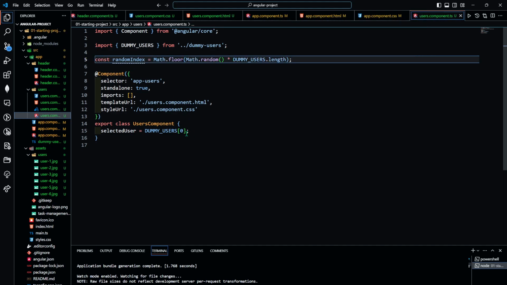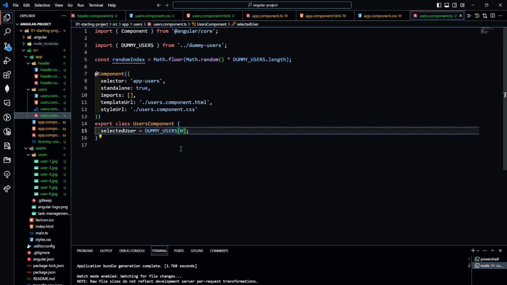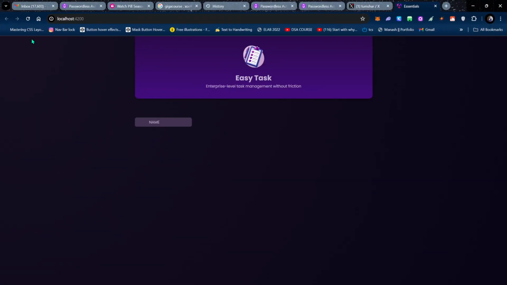Okay, so what I will do now is define a random index here, and then when I open my page, instead of name, and I refresh it,